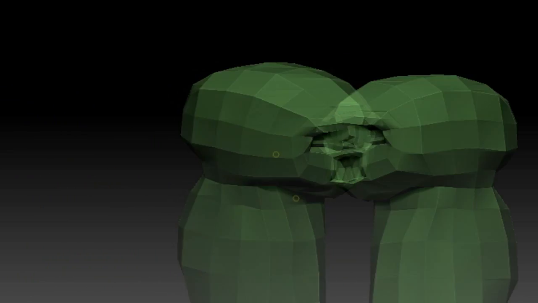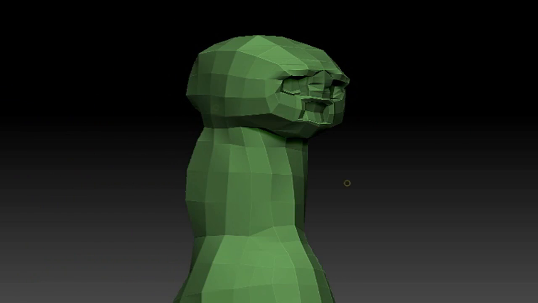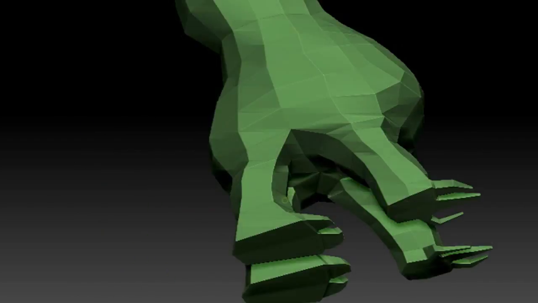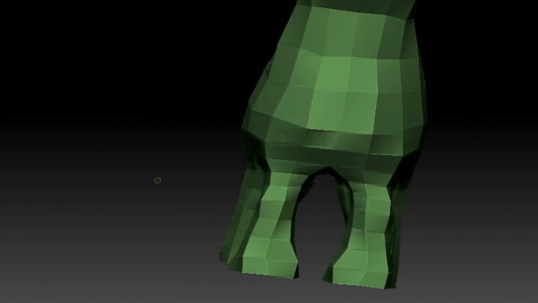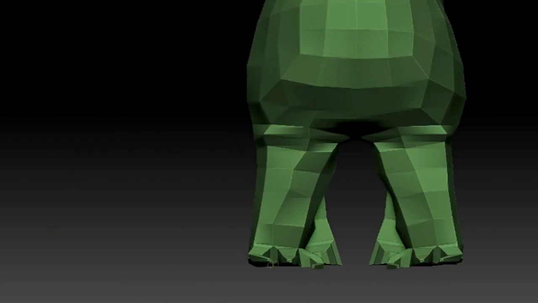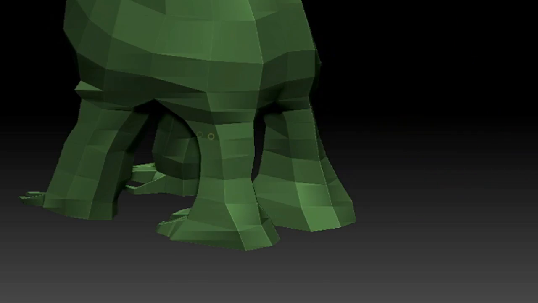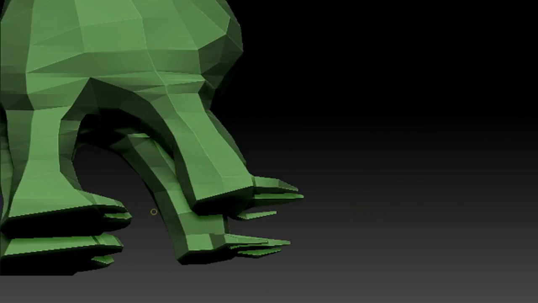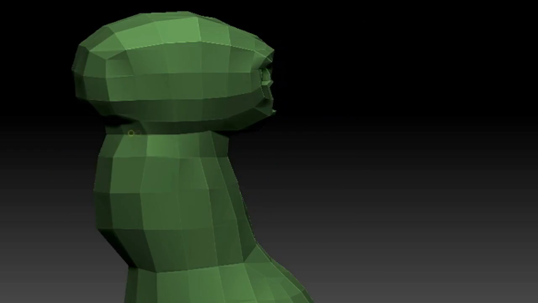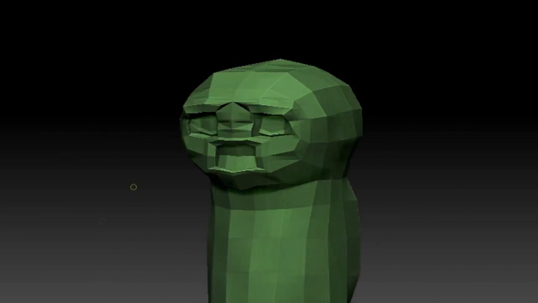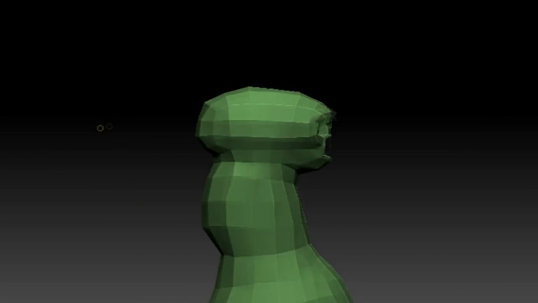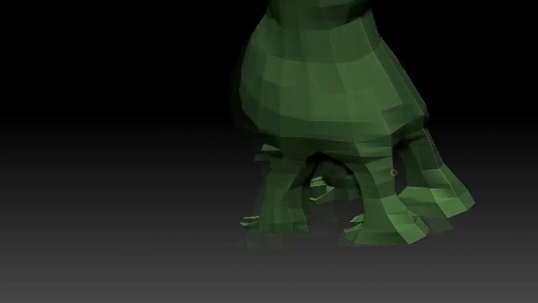Now some of you may be thinking, I can do this in Maya, so how come I didn't do that at first? Well, it's a lot easier with ZBrush, especially if you're using the tablet and the pen. You can easily do that in ZBrush, and that's what's cool about ZBrush. It really feels like you're sculpting out of clay. So that's what I'm doing right here. I also changed the color of the Creeper earlier from the default color from ZBrush, and that will help me visualize the final version of this 3D model.